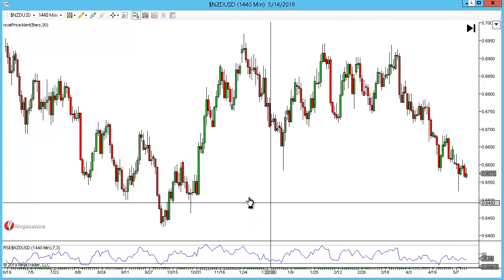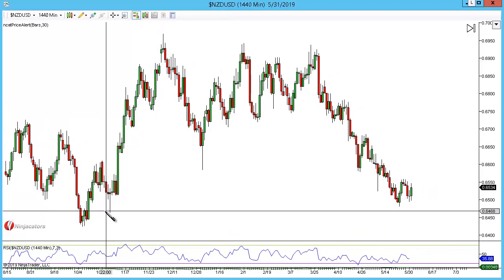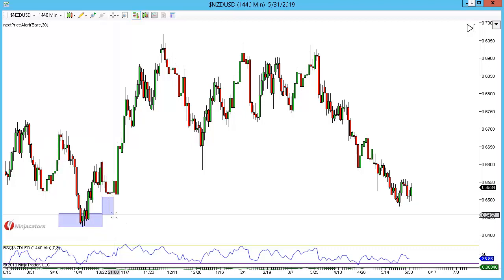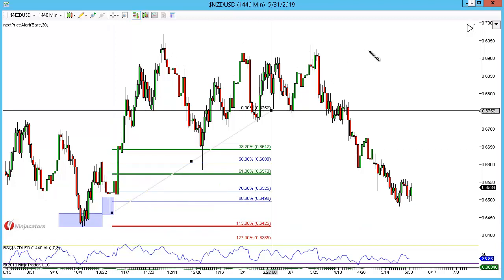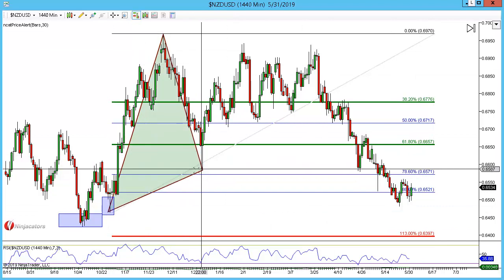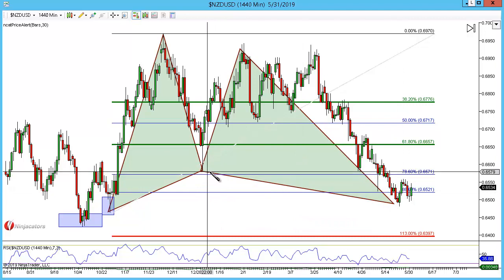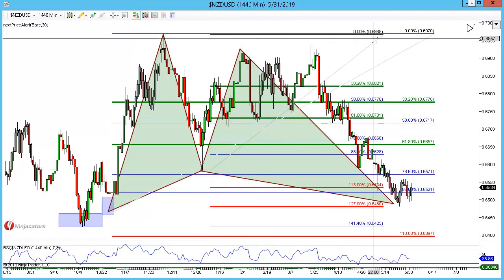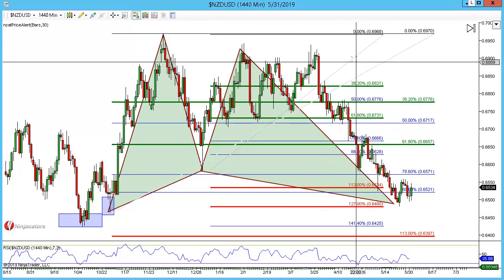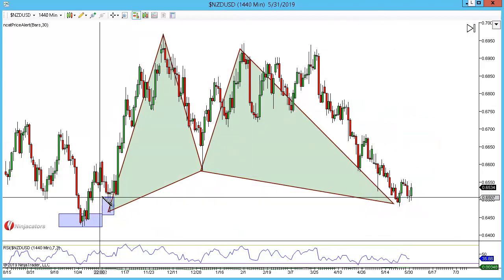This is looking like this could be a nice opportunity, similar to the pound dollar where we've got the big pattern on the daily time frame. We have right here a Gartley pattern. Now depending where you take your X leg from, it can be this one or this one. Then we have this. We have X to A to B, B to C and CD completion down here. This is a very deep Gartley pattern, and if we just throw on a fib and look for that 127, we've actually just tapped it, and from that point, if I can zoom in, first of all, this would be